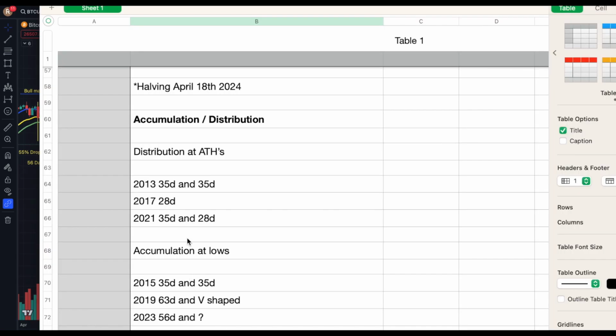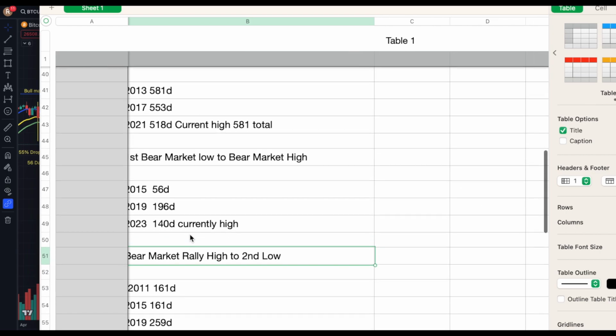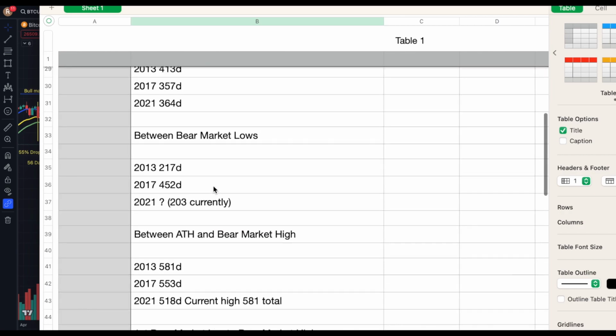So we want to go back to look at the previous market cycle. Between bear market lows, we have 2013 was 217 days, 2017 was 452 days. So are we going to mimic more this or this? Well, given we're already at 203 days, probably we're leaning more towards that,